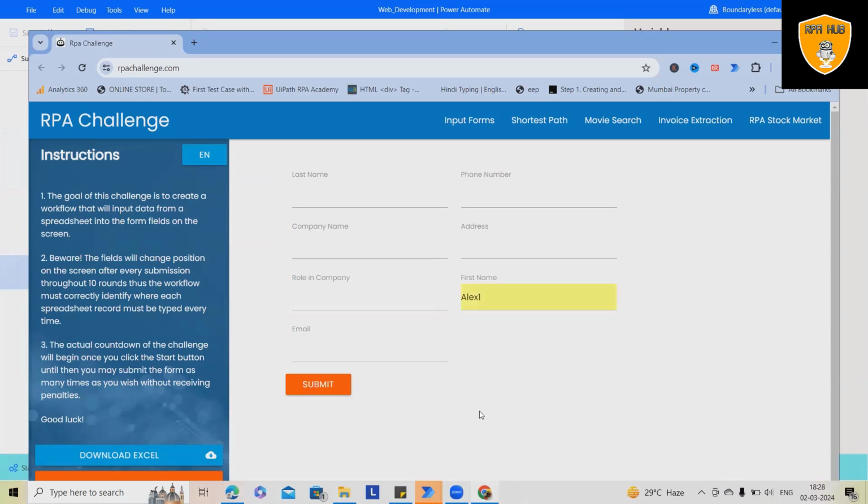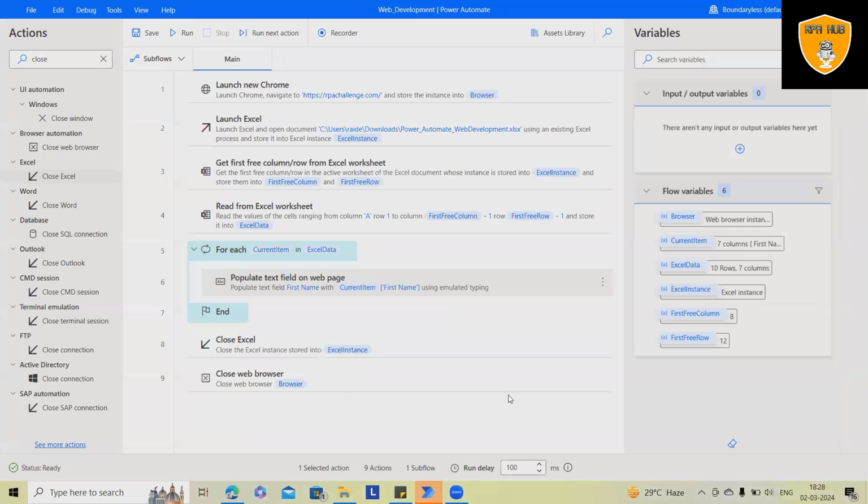Now it will try to search for the field, enter the value, and start entering those values. You can see that unless and until this figure is completed from the Excel, it will keep adding the values in a loop, and post that it will close the Excel and browser and do the quit options. Next, the actions I wanted to perform